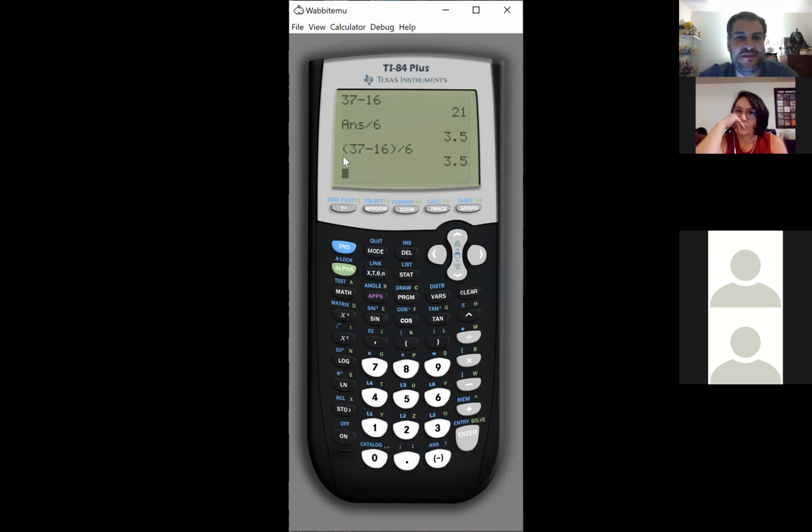But for this one, it's a lot more work. You have to do parentheses and stuff like that. The one thing you can't do is forget the parentheses, because if you do, it's not going to give you the right answer. It's going to give you something completely off. So know what your strength is and use the one that's easier for you. So we got the class width is equal to 3.5.